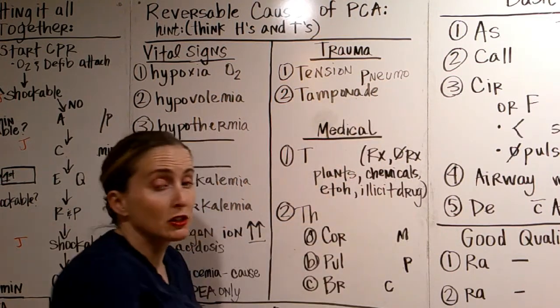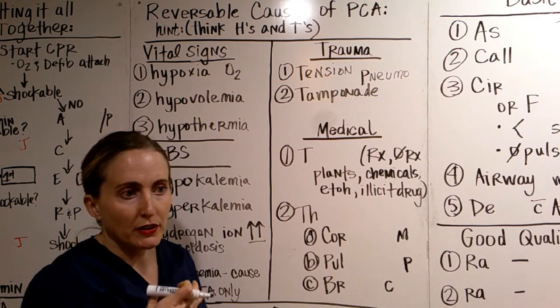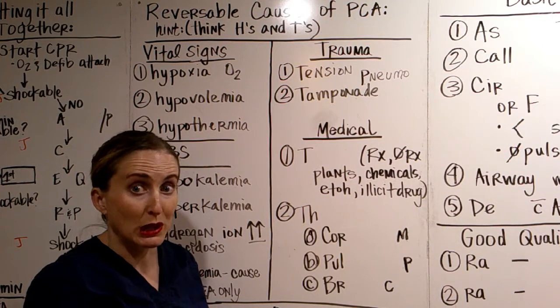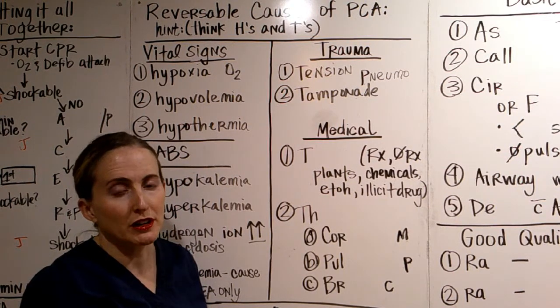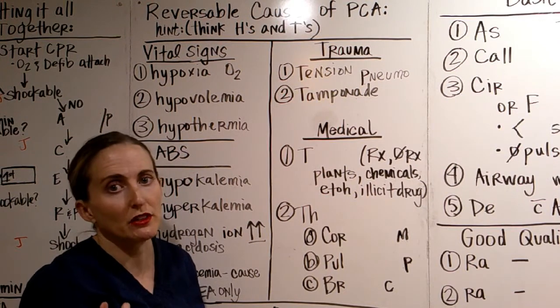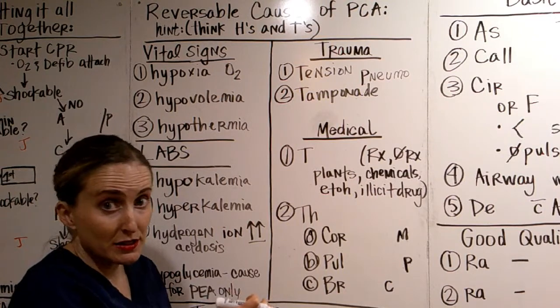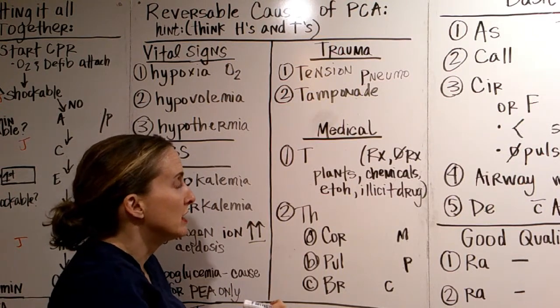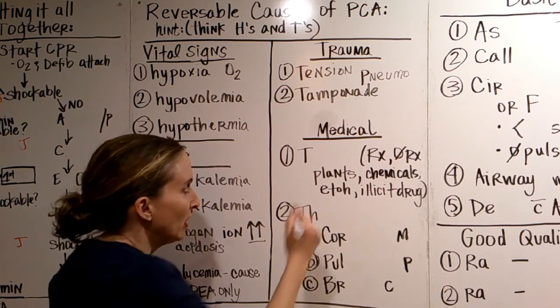So direct trauma to the heart itself will cause and then the pericardial sac will then fill with blood. And then when it gets filled with too much blood, it will start to push on the heart, and the heart won't actually be able to beat until that blood is drained. So those are our 2 trauma causes of pulseless cardiac arrest. Now the medical causes have to do with toxins,